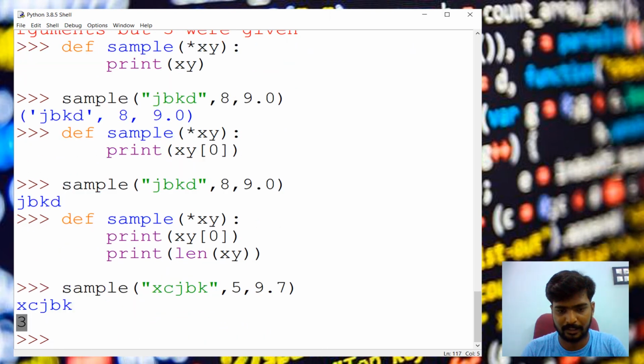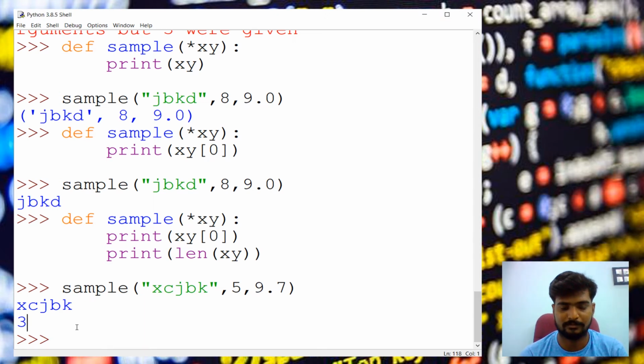It's our first parameter printed here. So using the length we can get the exact parameter positions, like the first parameter, middle parameter, or last. So when you don't know the number of parameters that are going to be passed, we can use this.